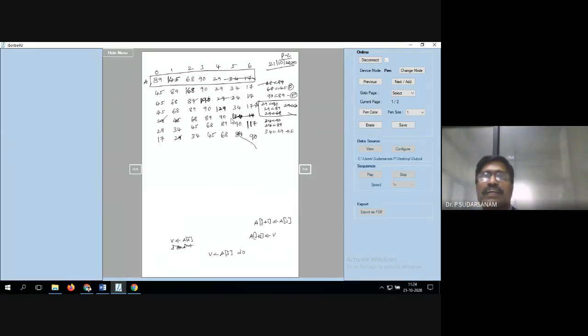So when j is equal to j minus 1, this element you have to move to this location. So the element v is equal to a of i. Your location is here, so that element you are passing into v. Once you write this, a of j plus 1 is equal to a of j. That is nothing but this element you are copying here.